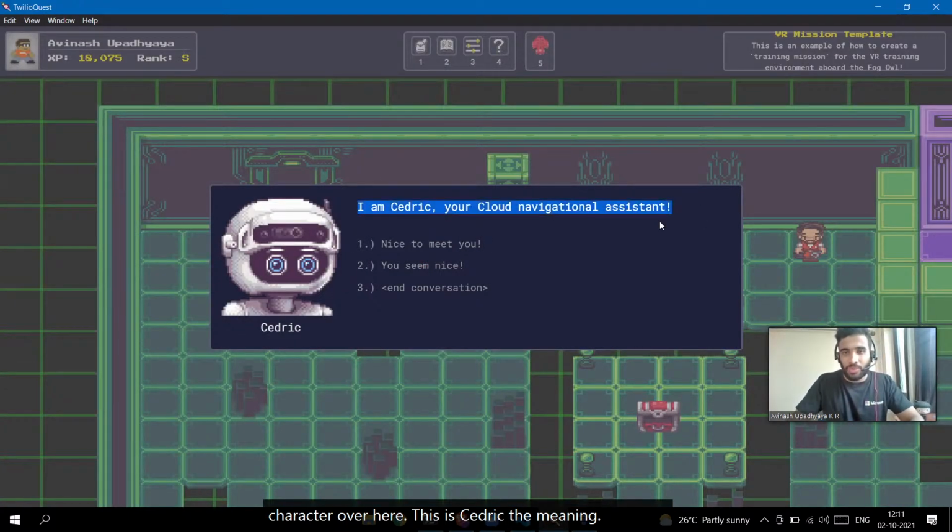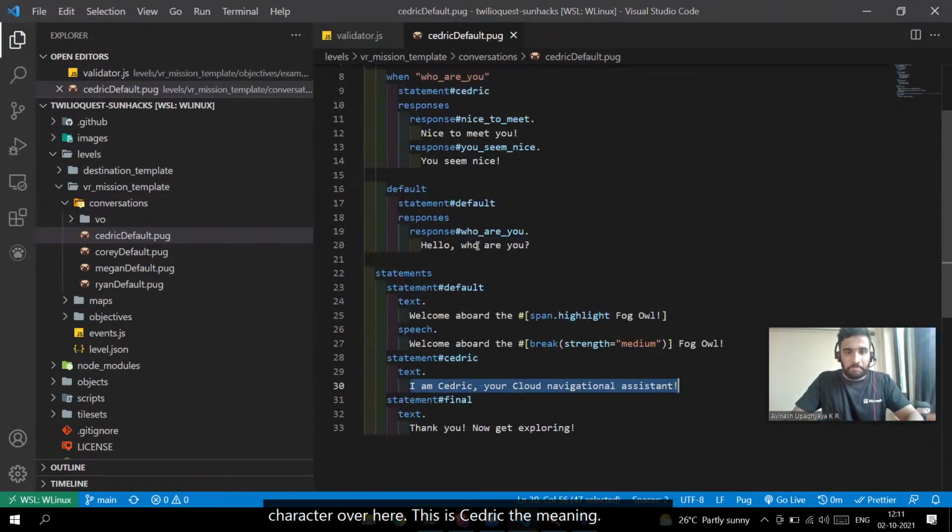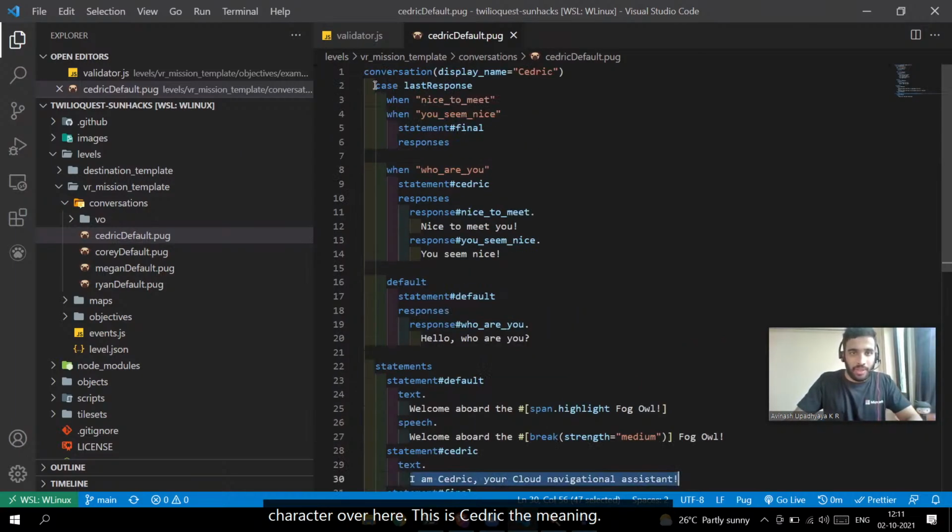It's similar to any programming language. If you interact with a statement, there is a bunch of responses, and then each response has a statement linked to it. And here's a switch-case kind of statement that checks which response was triggered. So the who are you response triggers the statement Cedric, and that statement has a bunch of responses: nice to meet you, and you seem nice. So that is what we see over here. So if I click on that, the statement